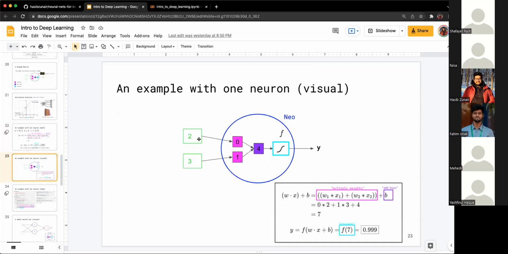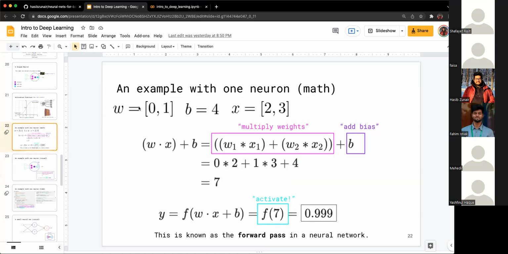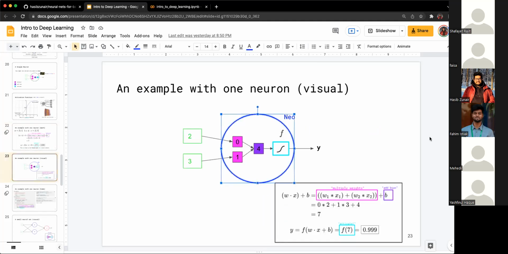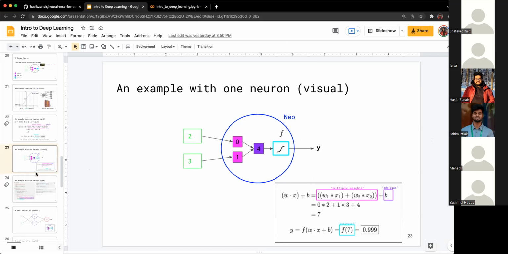এখন এই math version থেকে আমরা যদি একটা visual version এ চলে যাই, it could look something like this. আমাদের input গুলো 2 or 3, তারপর weight value আমি set করছি 0 or 1, and the bias is 4, which is exactly this thing, right? In a visual form. আর lastly আমাদের activation function f. So you can relate this to this one, where 2 gets multiplied by 0, 3 gets multiplied by 1. এরপর দুইটা sum করে, we add the bias, and then we get our final result, which is going to be y. So y value কত হবে? 0.99. It's going to look something like this.